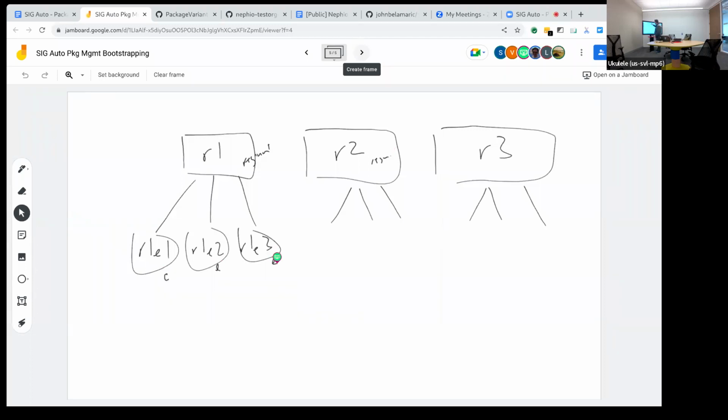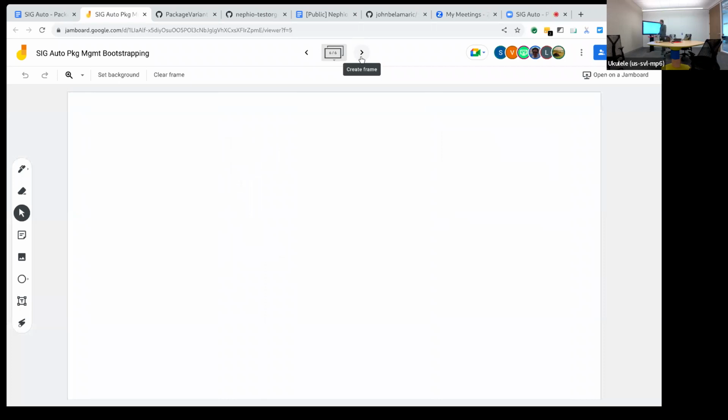This is labeled region R1. This is labeled region R1 as well, so that we can differentiate. We know that these edge sites go with region 1, different edge sites go with region 2, different ones go with region 3.